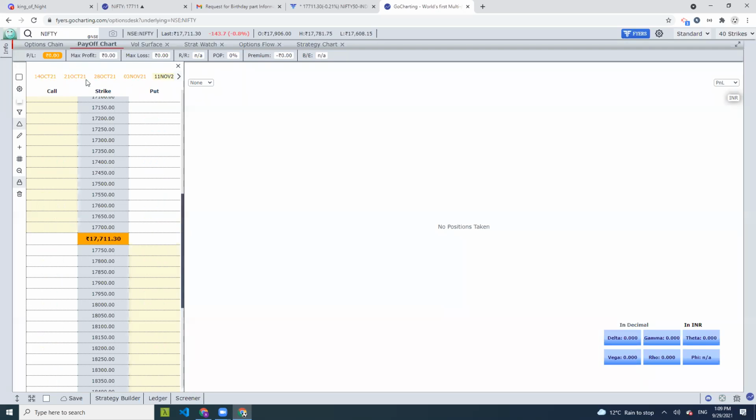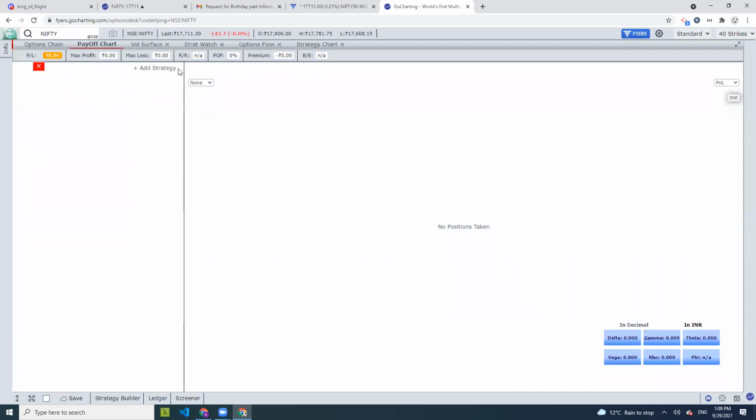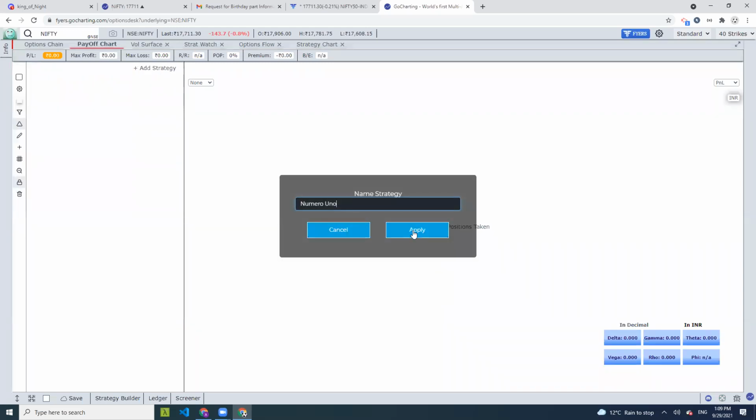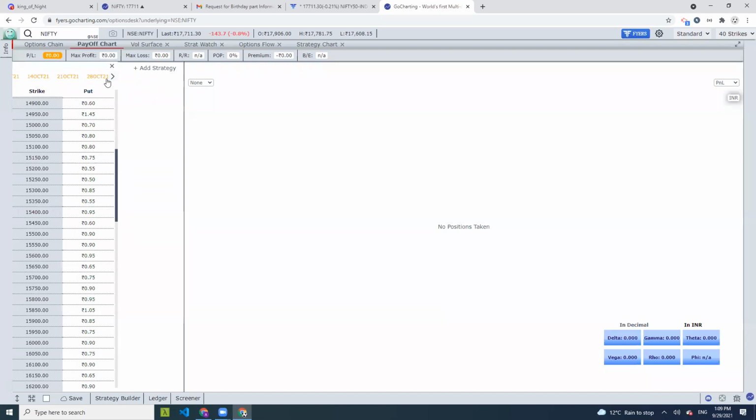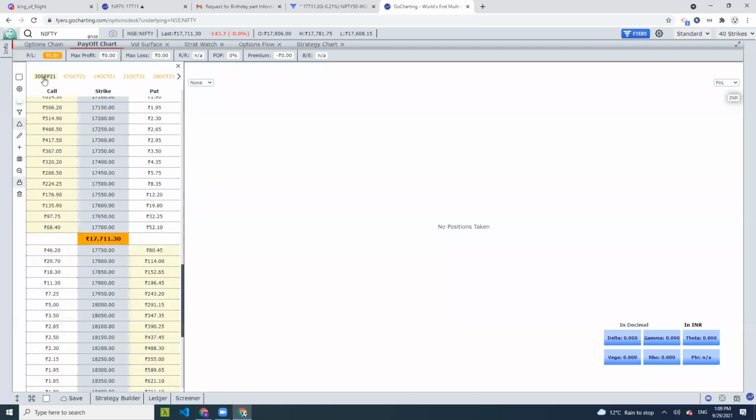So it is completely up to you how you want to choose it. So for example, suppose I am here. I choose the 30th September, so it's a 7th October one. Let me take a position here. When you hover over these small buy sell buttons, this will create positions only on the paper mode, not on the real trade, unlike the option chain in the other panel that you saw. So I create a buy.